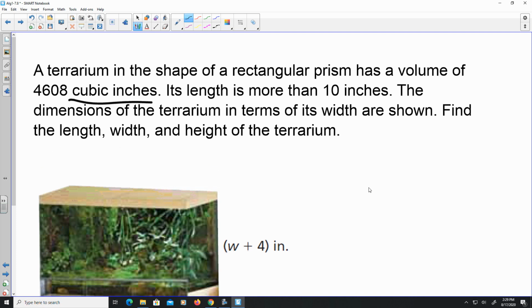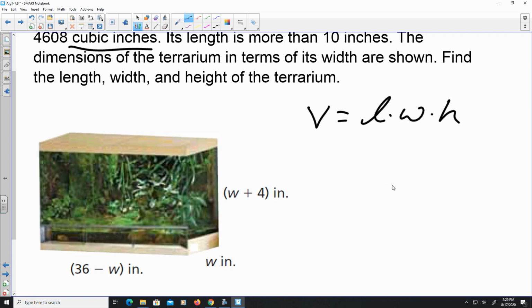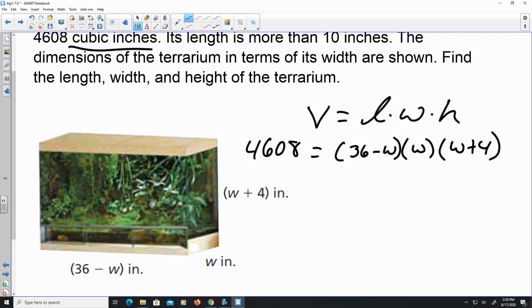So they give you cubic inches, which is volume. Anytime you're dealing with volume of a rectangular prism, it's going to be length times width times height. So we're going to substitute it in. So the length is 36 minus W. The width is W, and the height is W plus 4. The volume they gave us is 4,608. So in this situation,